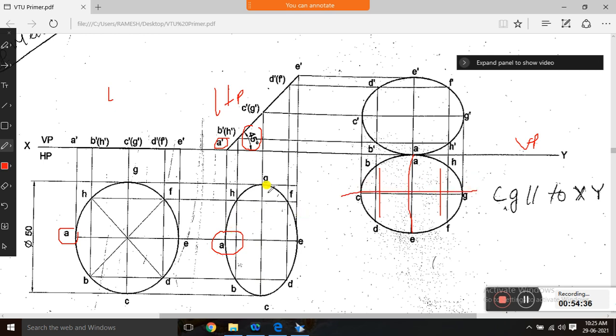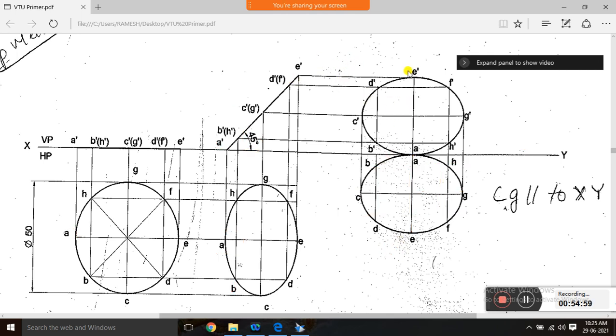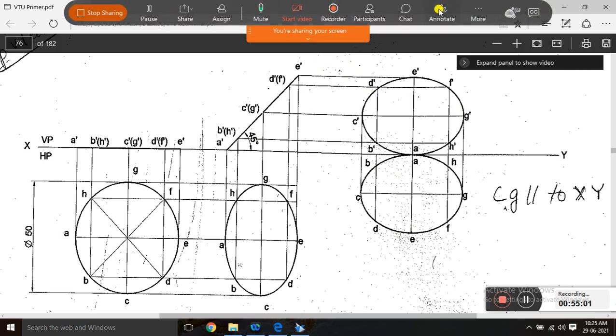Then from this CG to this another point BH, there is a line, okay. So from that you have to draw one more horizontal line, so that you will get all the points, 8 points. And with the help of a curve, if you join, you will get an ellipse of third position top view. And finally projecting upward and projecting to the right side, you will get the final front view.